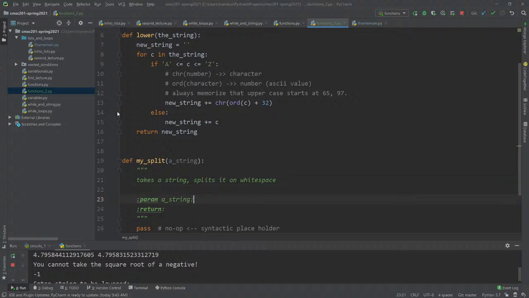We're just going to split on white space. And so a string is the string that we input to split by white space. And then here the return value is going to be a list of strings, right? The result of splitting.